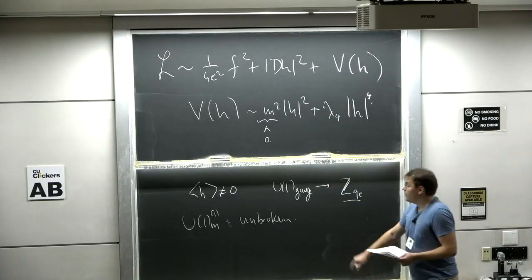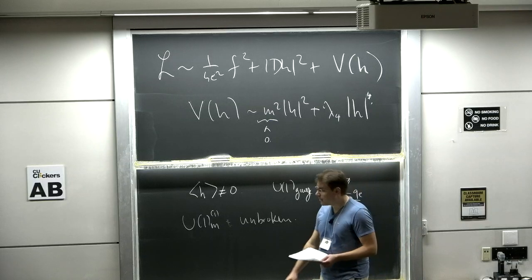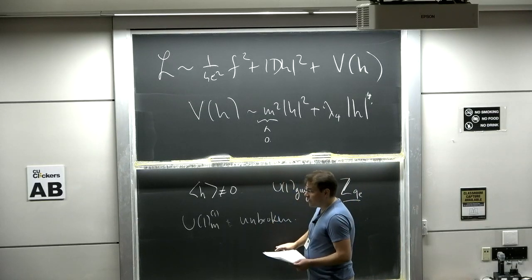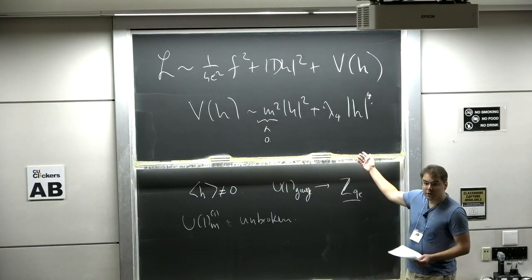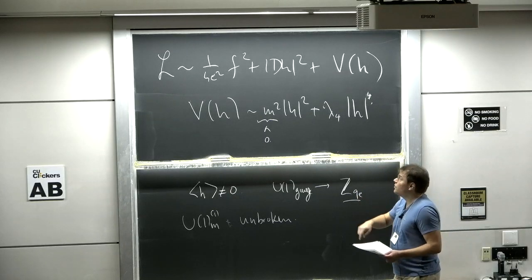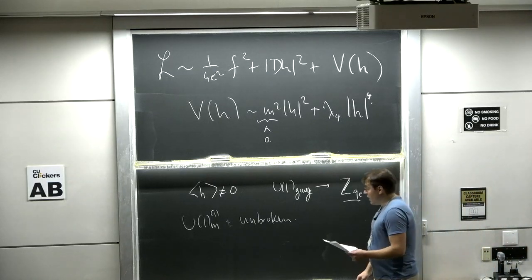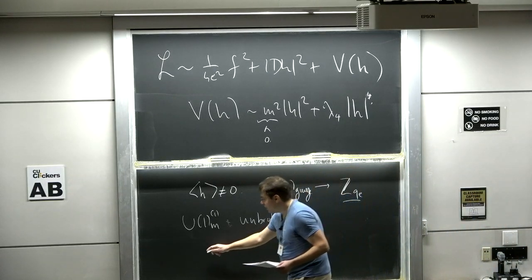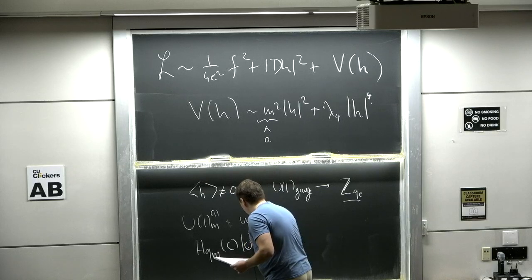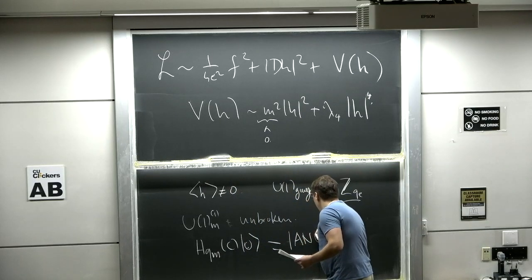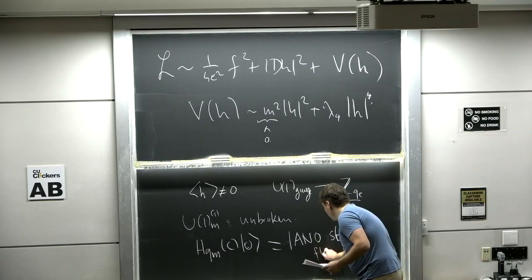What are those objects? Well, the operators that were charged under U(1) magnetic were the 't Hooft lines, right? What happens when you act with a 't Hooft line on the vacuum? It creates a magnetic vortex string. This model famously has Abrikosov-Nielsen-Olesen vortex strings, which are magnetic vortices. Those are solitons of the model, finite energy configurations that carry magnetic flux. And if you act on the vacuum with a 't Hooft line of charge Q_m, then you create an ANO string of vorticity or magnetic flux Q_m.